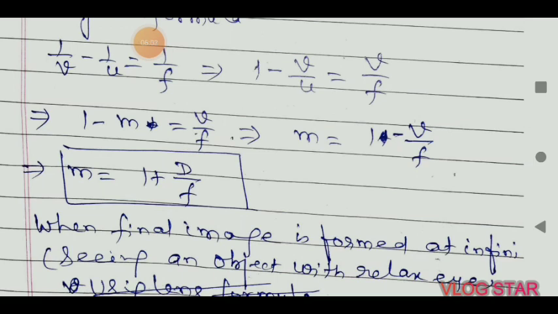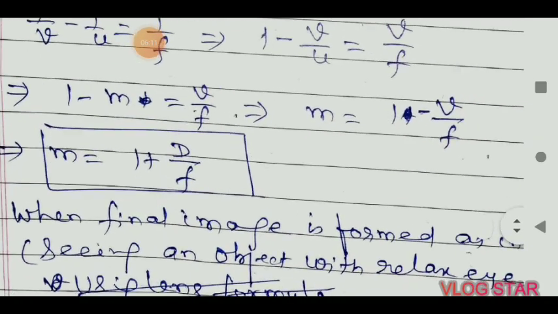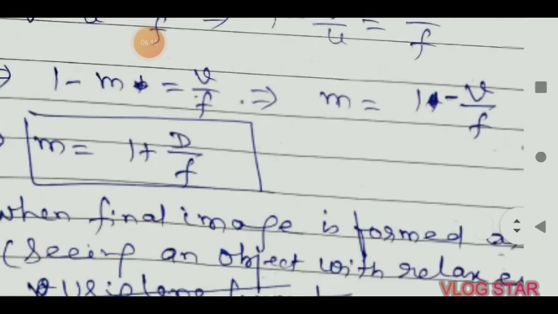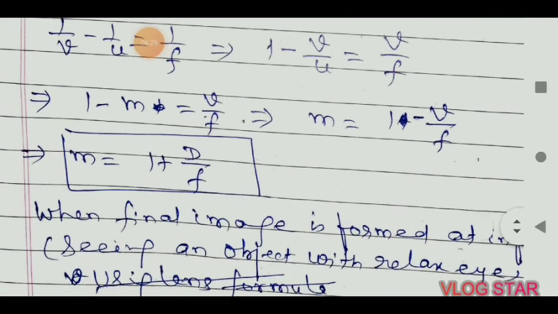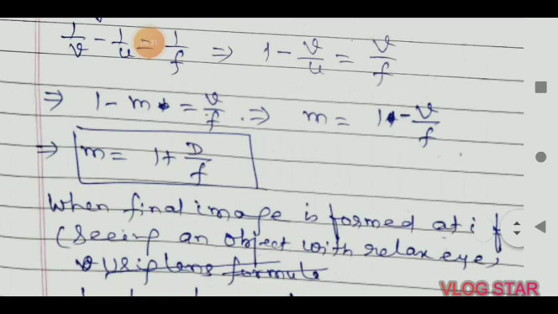You know about the value of d, that is 25 centimeters. Suppose the focal length of the lens is 5 centimeters. So what will be the magnification? That is 25 upon 5 plus 1, 6. The object has been magnified 6 times. Okay, so in that way magnification takes place. This is the large image of the object.